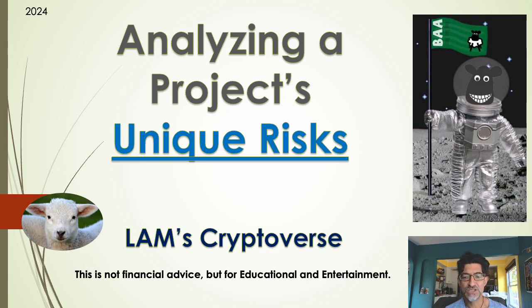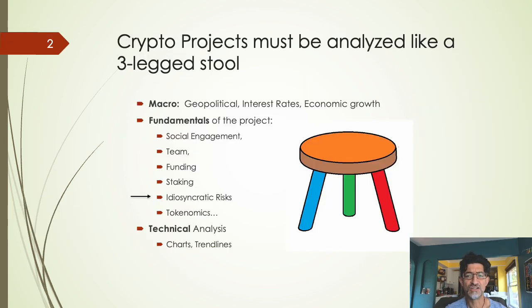Today, we're going to go back to that education series and talk about analyzing a crypto, or whatever you want to call it, blockchain or digital asset projects' unique risks. So not systemic risks, but idiosyncratic. Say that 10 times fast. Idiosyncratic, unique risks. So remember, I say this over and over, crypto projects must be analyzed like a three-legged stool